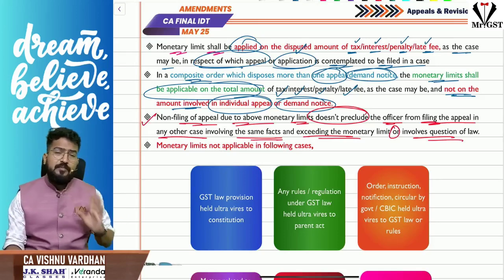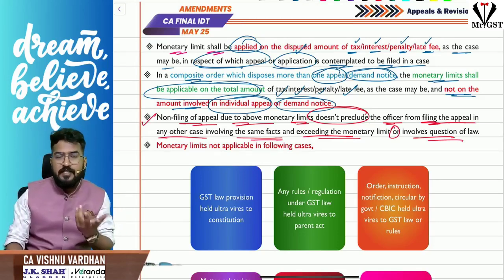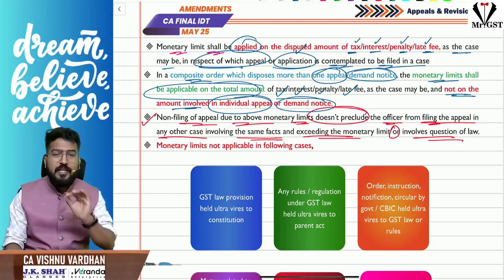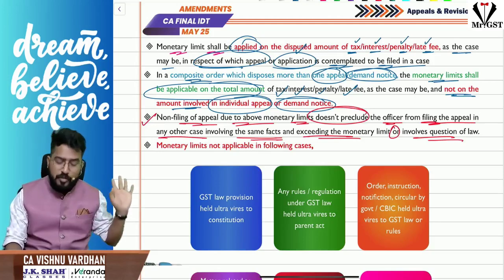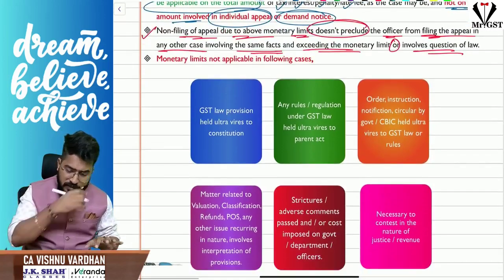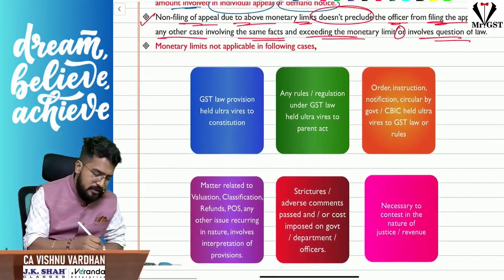Now because I am having full power, because either there is a question of law or there is exceeding in the monetary limits, all that stuff. So now I can happily go for an appeal. You cannot stop me. Now another interesting and important point is